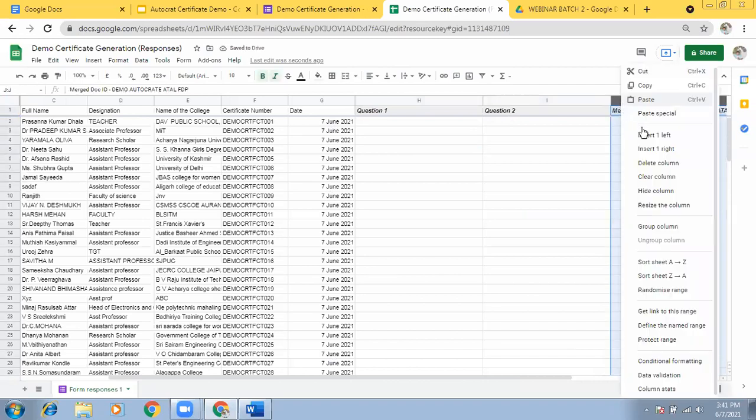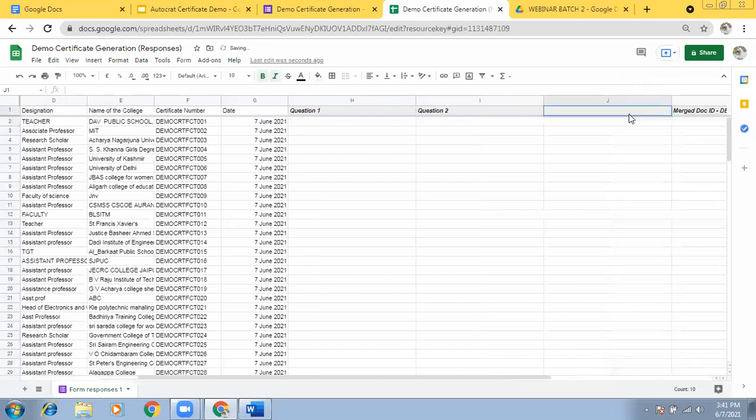Now what you do? You just add one item here, total. Then you can give it by equation. What is that? H2 plus I2. Now when this comes, it may come like 1, 2. It depends.